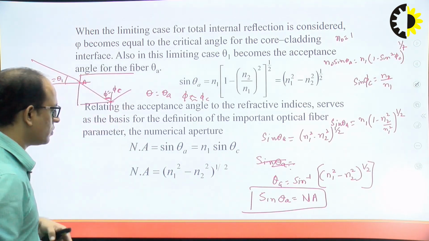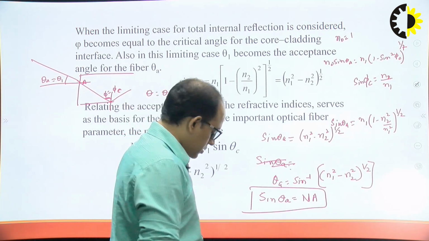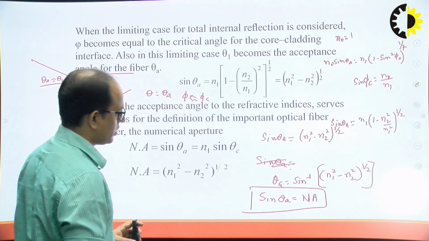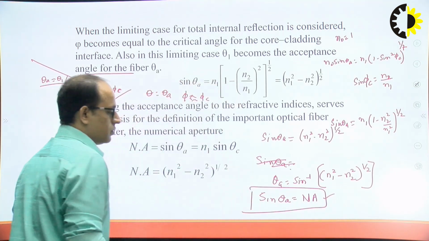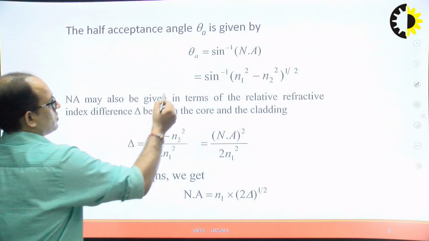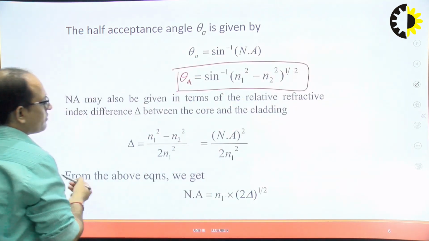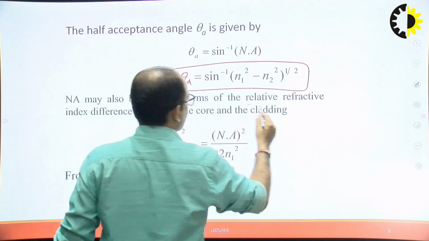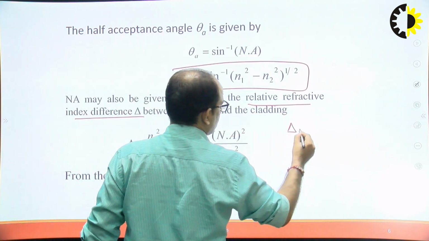Clear? So we always prefer to have a transmission through a meridional ray, and this one is the numerical aperture for the meridional ray. And what is this? This is theta a, as I have told you. Now there is another term, that is the relative refractive index difference. This delta is equal to